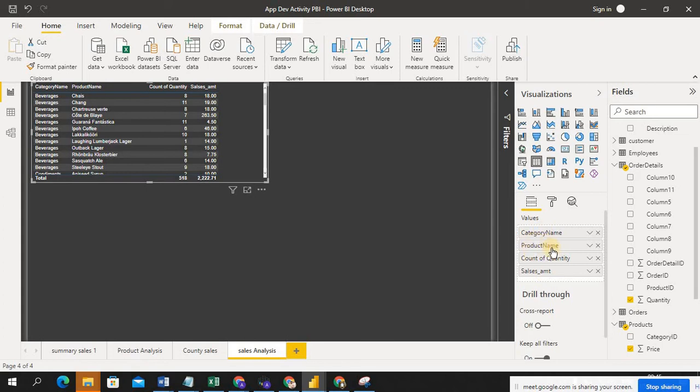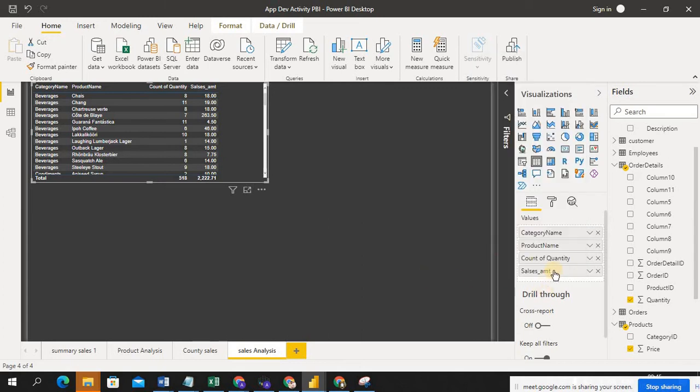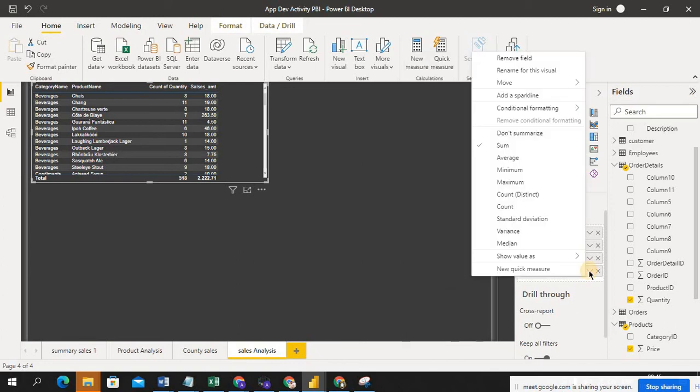So in Power BI, guys, whatever, see, if I click on this, the options are showing, this many options you can perform on this specific field. Else if you right click also, it will show. If you click on this also, it will show. So up and move is the position of that column. Now add quick line, so just select here.